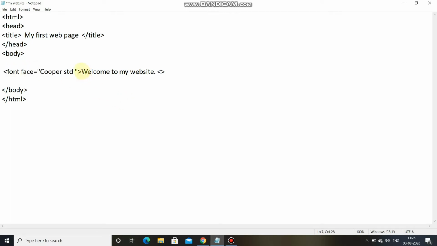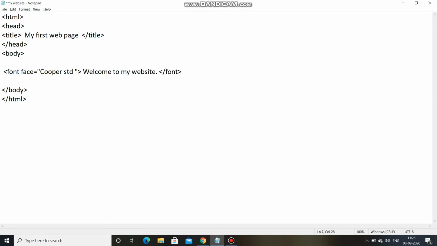Now this is my content which I want to display on the website. After this I have to close the font tag also. This is the closing syntax. Now this is the content that will be showing on the final web page.